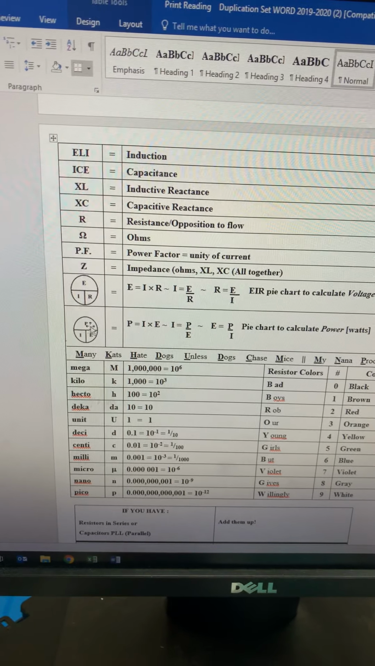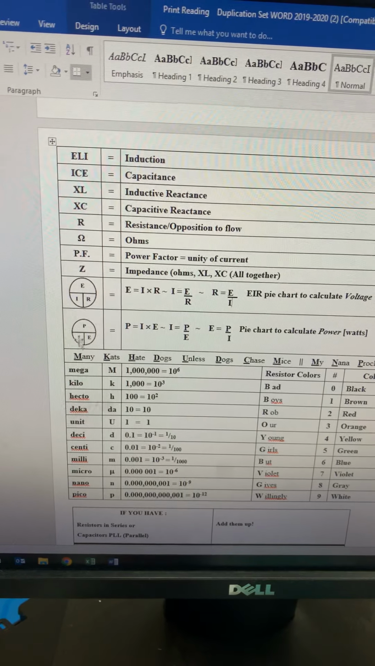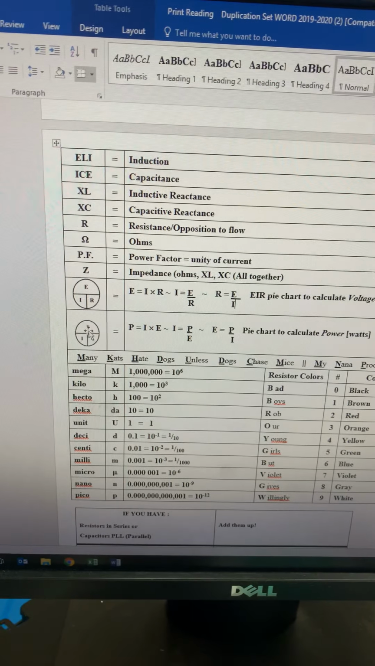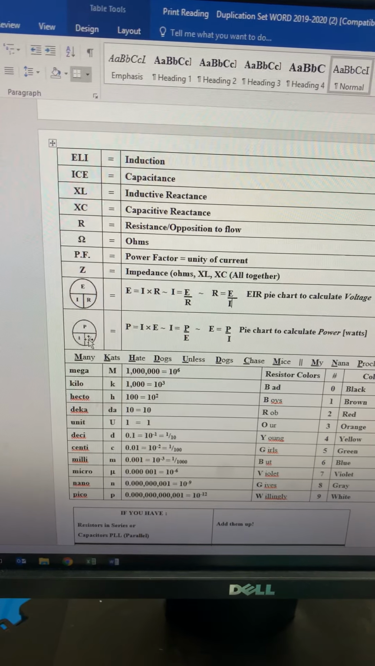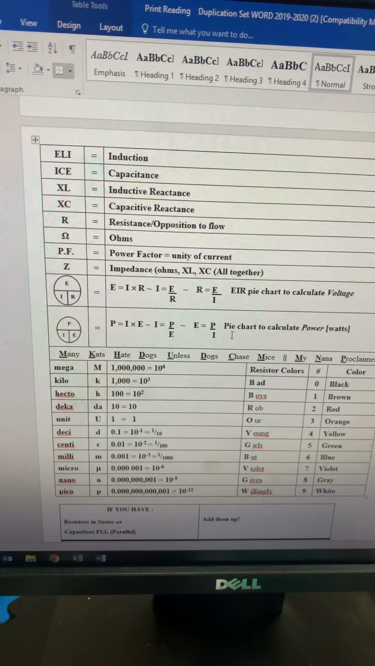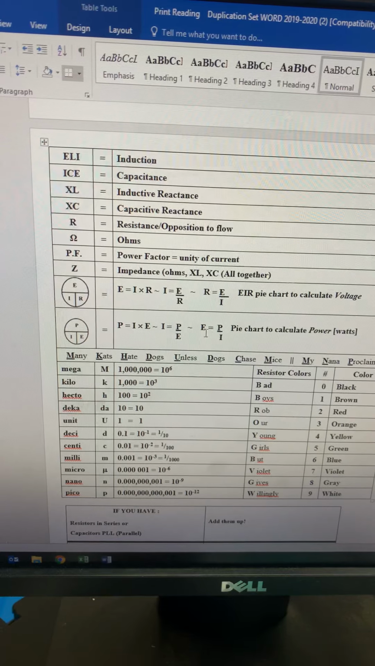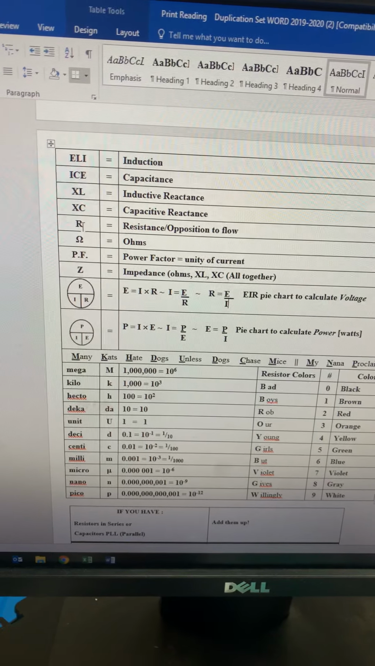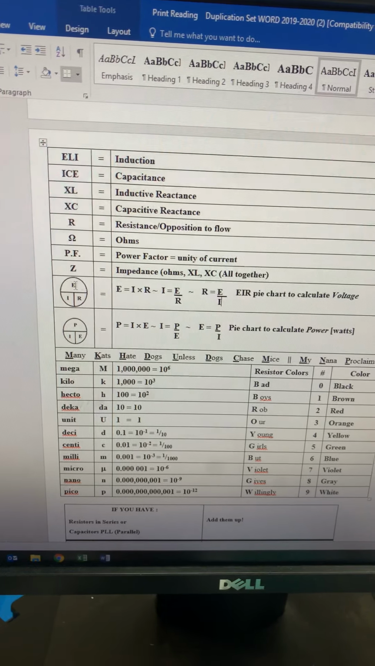If you look at it over here, you got the P, E, and I. So if I got an I and a P and I need the E, I can take P divided by I and it equals the E. Or I can take I times E and get the P. That's what this is saying. Now remember, P is watts, I is amps, E is voltage. And then R is resistance right here. That's how you read this chart. So these two charts are